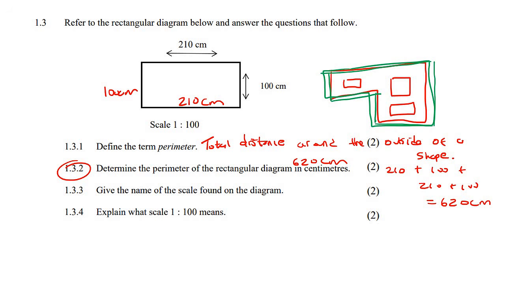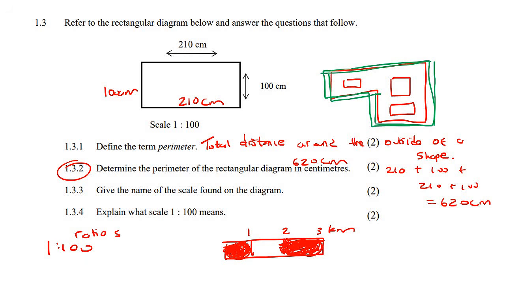Give the name of the scale found in the diagram. Okay, so in maths literacy, we look at two different scales. We've got ones that look like this, and then we've got these other weird ones which have these bars. For example, this will be like a black bar, and then this will be colored in over here. And then it'll say something normally like 1 and 2 and 3, and then this is like kilometers. You've seen those. Well, this one's called a ratio scale, because it uses a ratio. And then these ones here are called a bar scale, because there are little bars over there. So this one is going to be a ratio